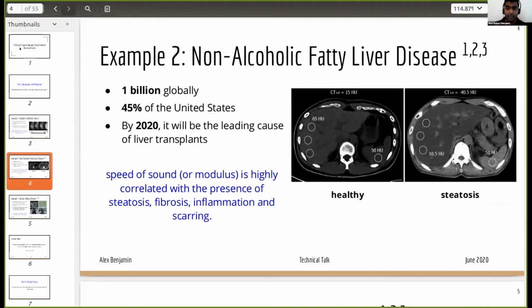Another example, and this is specific to what I've been working on, is non-alcoholic fatty liver disease. As its name implies, it's basically fat infiltration in the liver. But what happens is in the early stages, you have this diffuse infiltration of fat, and generally speaking, it's homogeneous. But as the disease progresses, you get localized regions of scarring and fibrosis. And if you do not have a full 3D picture of the organ, you tend to miss these regions when